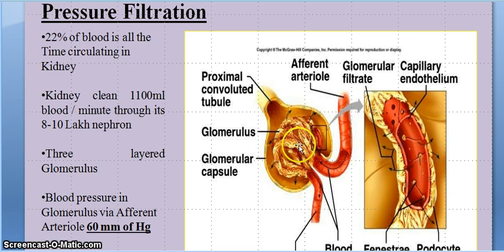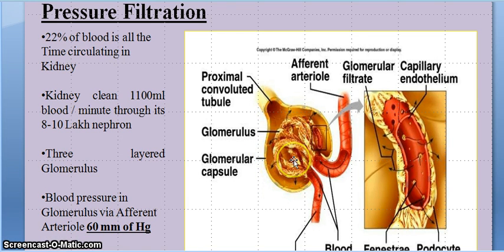Next is the colloidosmotic forces. It is the pressure exerted by the blood proteins against the walls of the capillaries. Okay. Next one is the capillary filtration coefficient. It depends on two factors: porosity of the capillaries, pores or fenestrae present in the walls of these capillaries, and the surface area of the capillaries. As the capillary has more surface area, it is obvious that the capillary has more pores, and when more pores are present, it means more filtration occurs here.